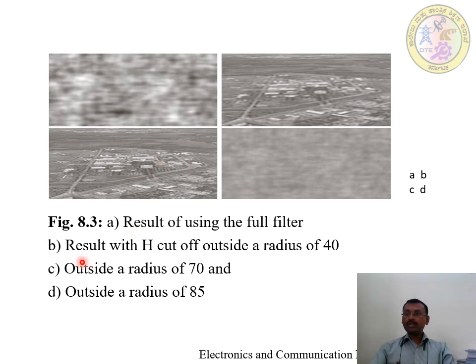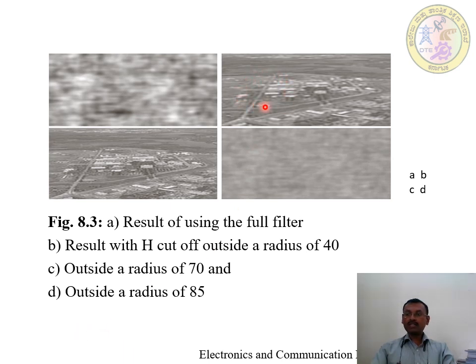And the radius values below 40 tend towards blurred images, as illustrated in figure 8.3b, which was obtained using a radius of 40. And values more than 70 produce degraded images, as illustrated in 8.3d, which was obtained using a radius of 85. The image content is almost visible in this image behind a curtain of noise, but the noise definitely dominates the result. Further increases in radius values produced images that looked more and more like figure